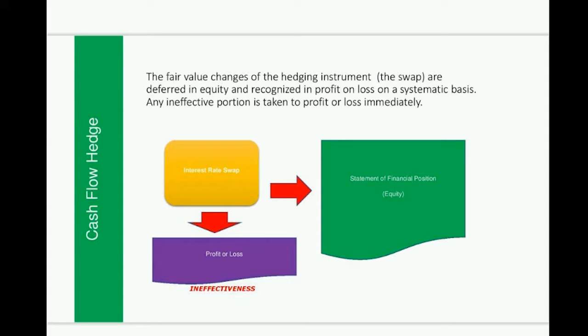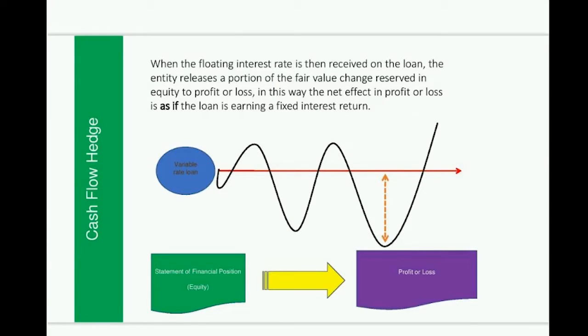Now that's not the end of the process. What we then do is determine to what extent this hedge has been effective. And to the extent that the hedge has been effective, the amount that has been taken to OCI is then recycled to P&L in order to offset any changes in the hedged item that have been recognized in P&L. So in other words, it is recycled in such a manner as to match the underlying transaction.